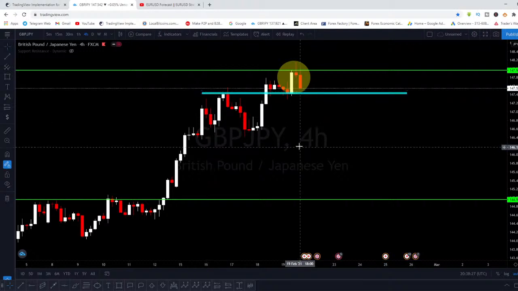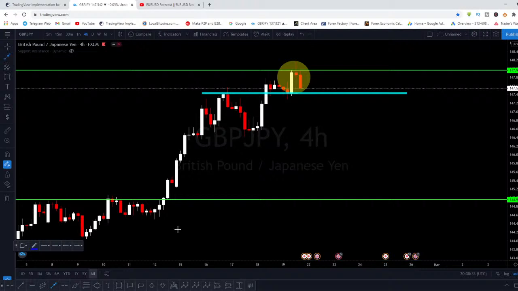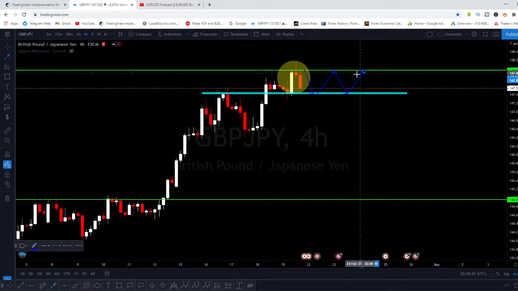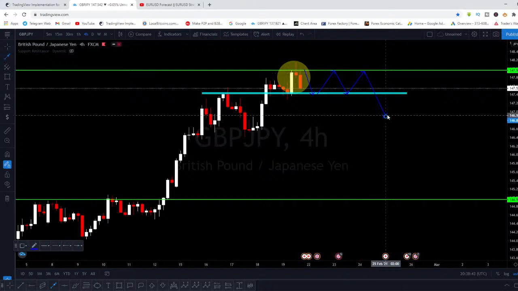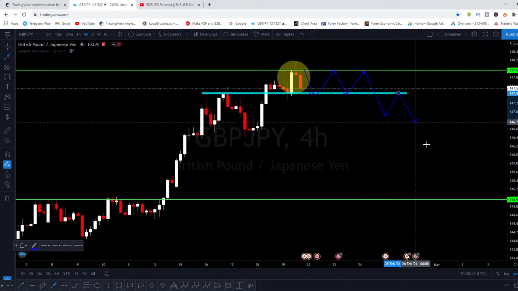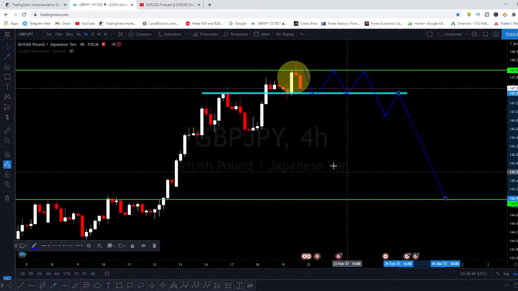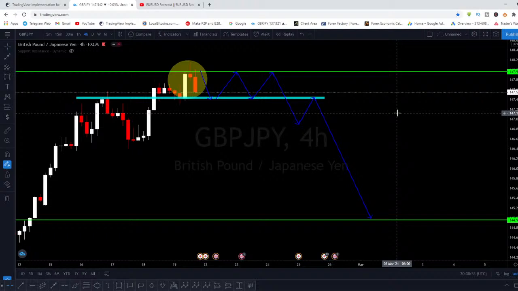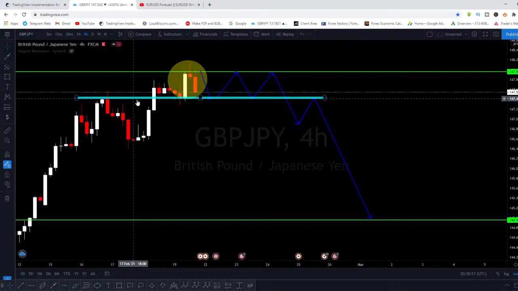So now, what are you going to be expecting? Expect the market to break out of this zone. It might just continue being a range right here. Then the market will break out of this, maybe retest, boom, it will continue to move back down again to this zone, right? So expect Gbp Jpy to break out of this structure that I just put right now,